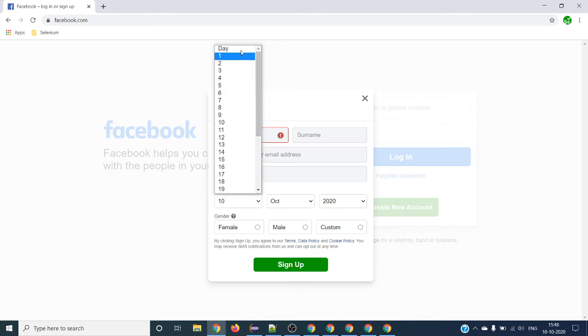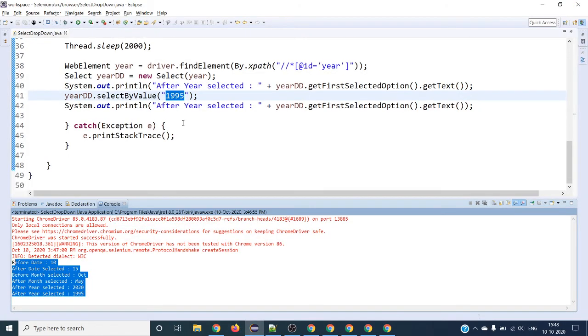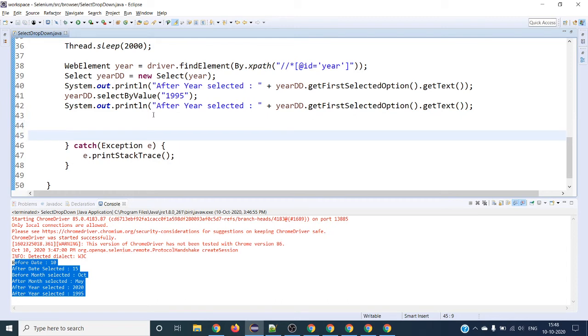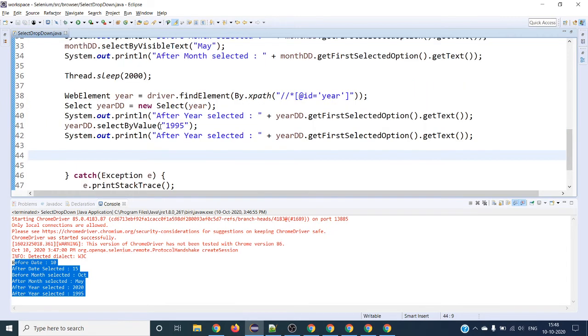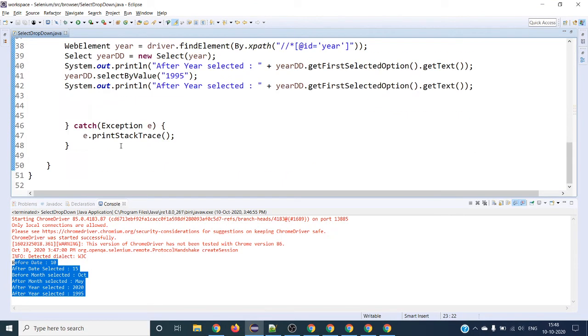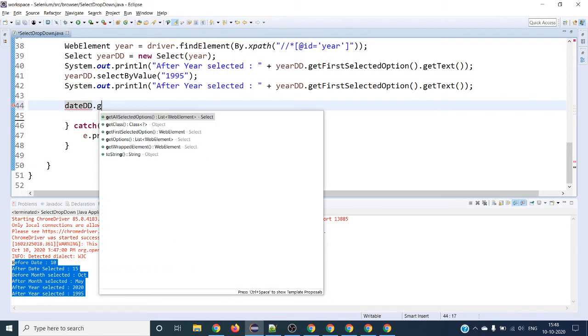To get all the values, Selenium provides a separate method called getOptions. So we'll see how it works. I'm going to take one by one. Say date. This is going to give a list of web elements: date dot getOptions, you can see it has to return a list of WebElement.